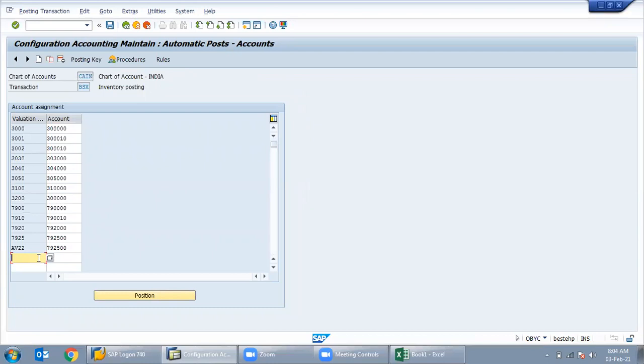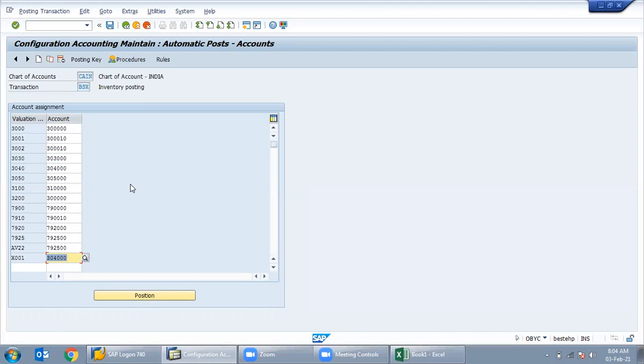Now my valuation class is X001. That is my valuation class. An account, like I am giving a spare accounts. This is my spare general ledger account I am giving there. Just assigned. But last time you told me that this part is done by FI guy. Yes, this part was done by FI, but I am showing you that only. Because if the valuation class is not assigned to GL, you have created the valuation class, that is your part, and if the GL is not assigned with the valuation class, then the system will give an error. So you have to identify, sir.